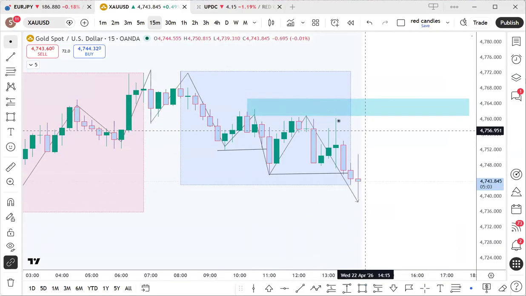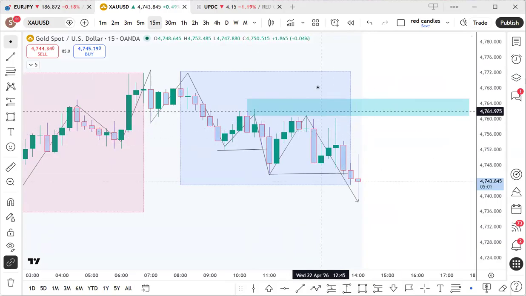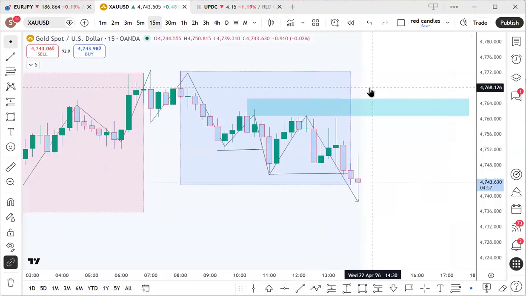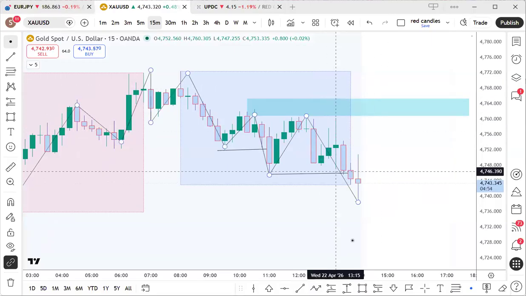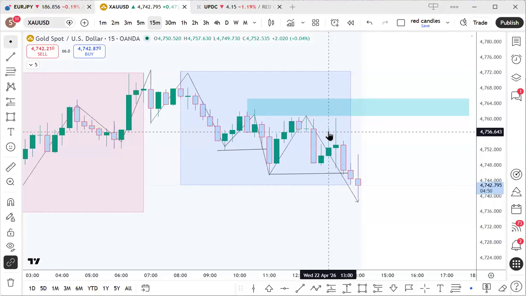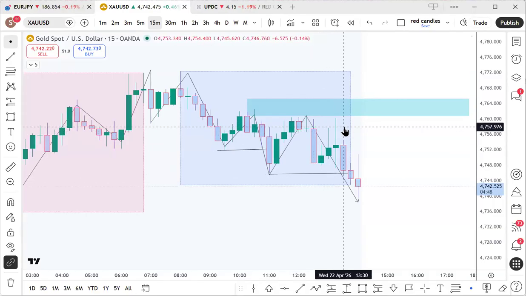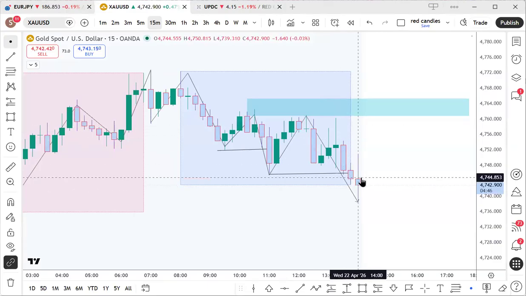Our line in the sand will be right here. So if you are not already in a sell, this is the opportunity to take your sell, and then you put your stop loss just above somewhere there. I have already taken a sell earlier, just up here on this pullback. So I'm expecting price to come back down.